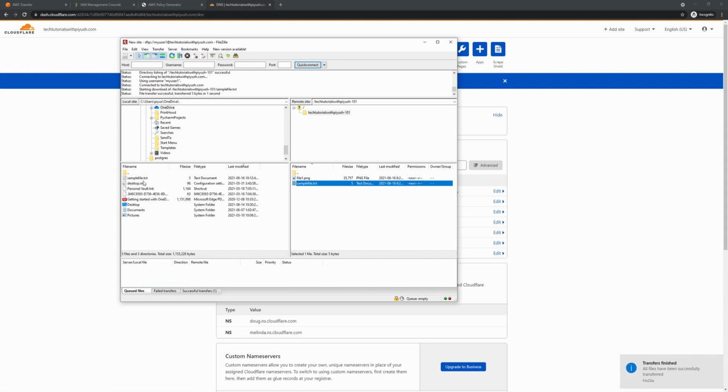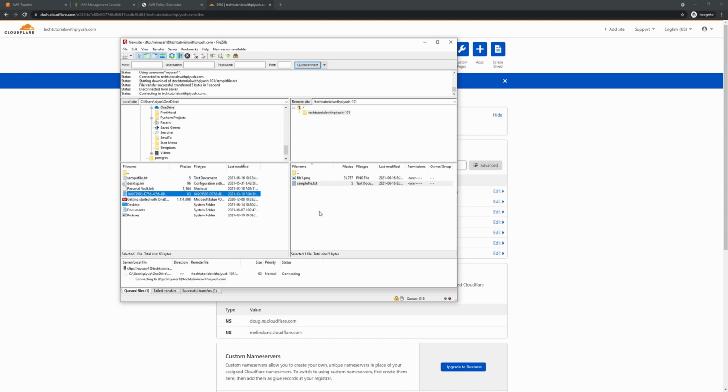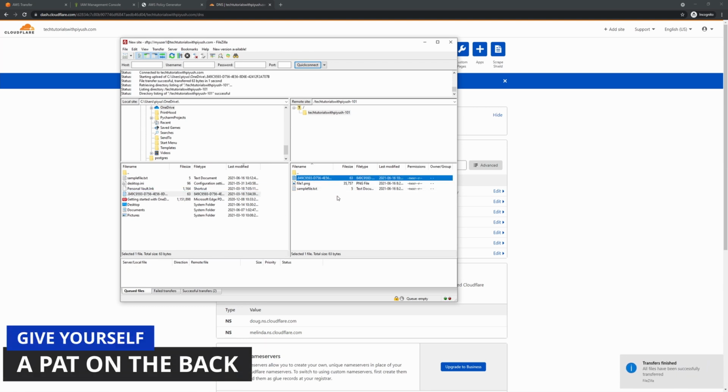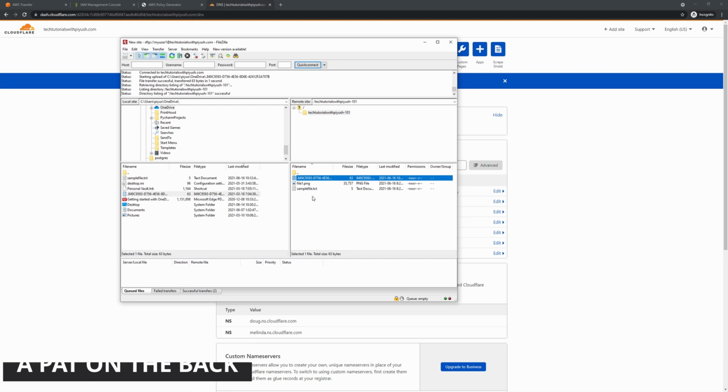It says transferring, and it transferred the file from the bucket to my server. Let's try to do the other way around. So let's try to copy this file over here. And this is also done. So our upload and download both are working fine, which is what we wanted out of it.